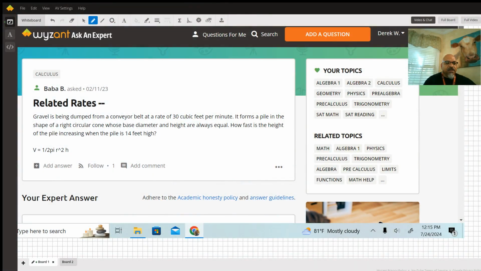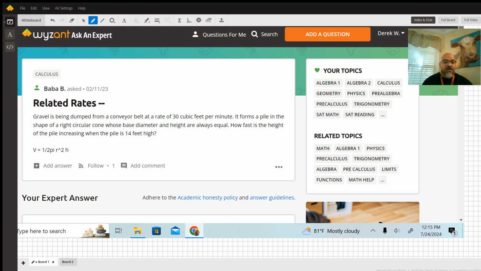Hello. All right, let's look at your calculus question about related rates. So you got gravel being dumped from a conveyor belt at a rate of 30 cubic feet per minute. It forms a pile in the shape of a right circular cone whose base diameter and height are always equal. How fast is the height of the pile increasing when the pile is